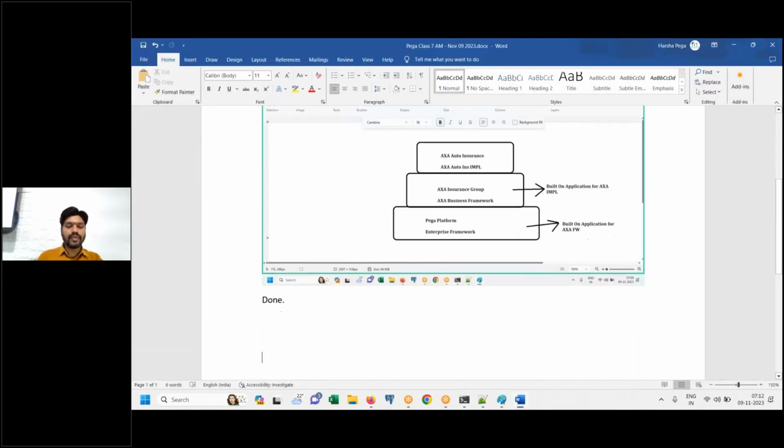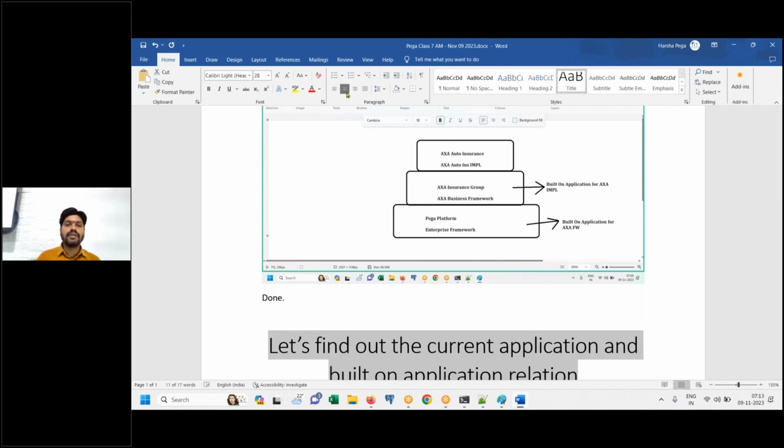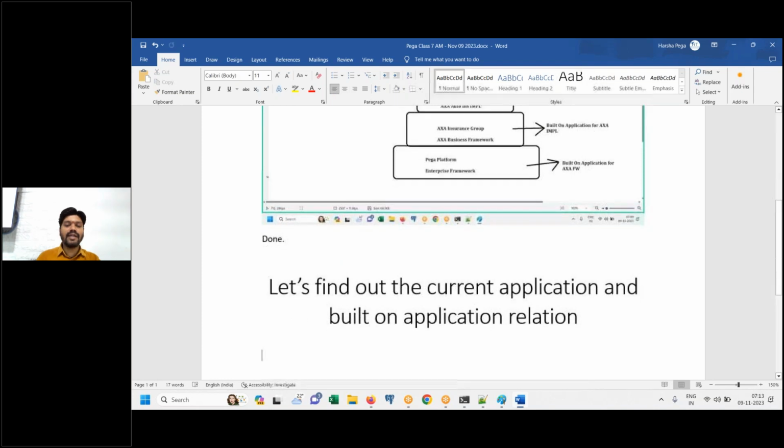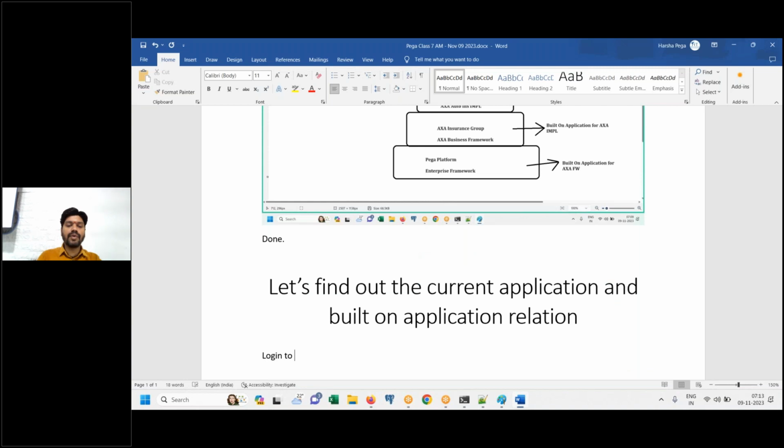So now look here. Let's find out the built on application relation, the current application and built on application relation. So where is it being defined? For the current application, I logged into the implementation application. So I will write down here, log into IMPL app.